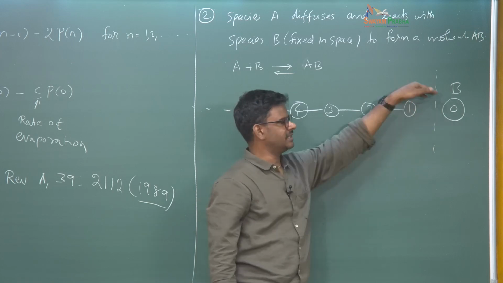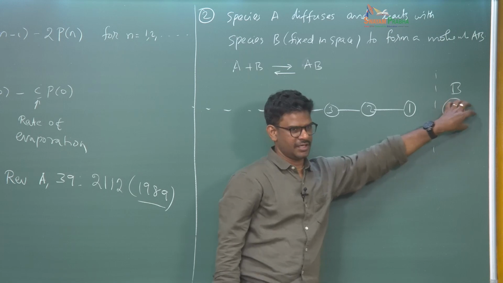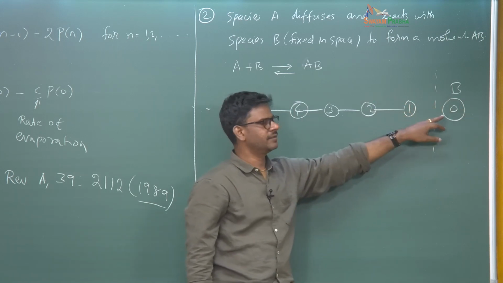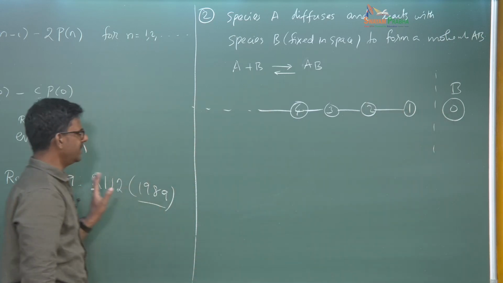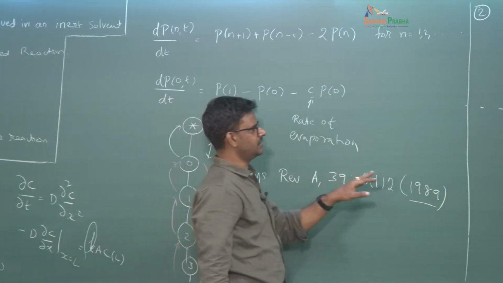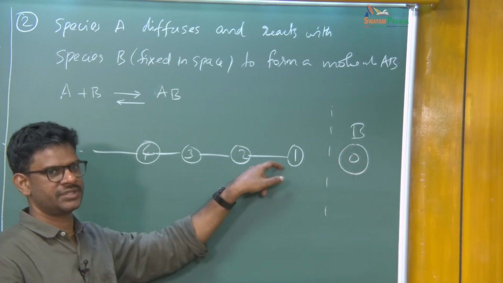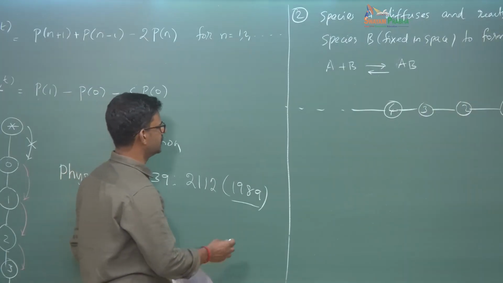Once it is here, it can react with the B, but this bound state AB can also dissociate back to give A, and this A can freely diffuse back. So, very similar to the problem we talked about here, but the only thing is here we are saying that there is a forward reaction to form AB and there is a dissociation reaction to release this. In this case we can write